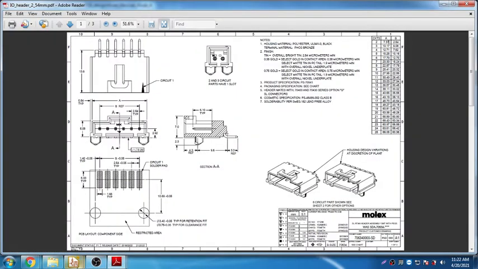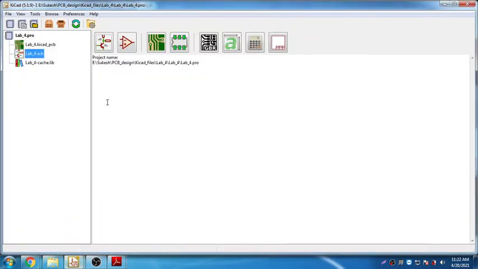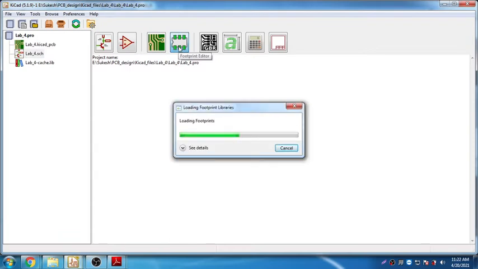So what I'm going to do is, for designing the footprint, go to the PCB KiCad main window and you can see here footprint editor. Okay, so you can open a footprint editor here, click on the footprint editor, it will load the available footprints, and now we are going to design a footprint. So in this video I'm going to just give you the demonstration of how to create a footprint.